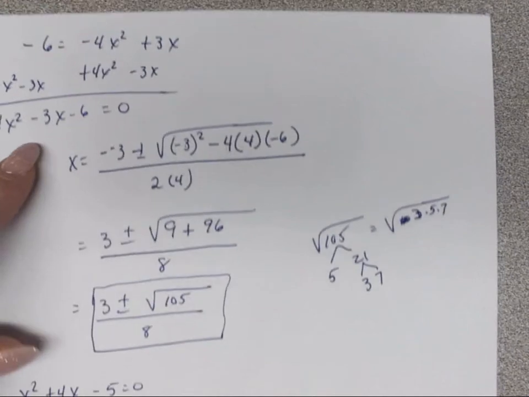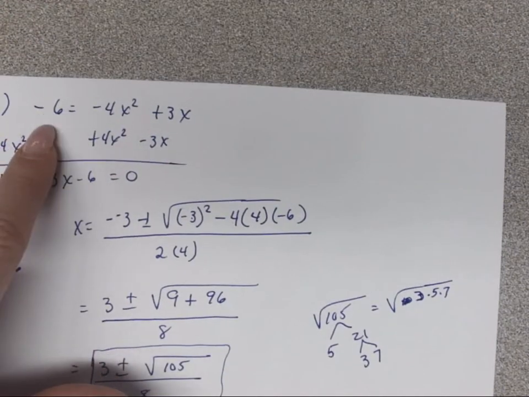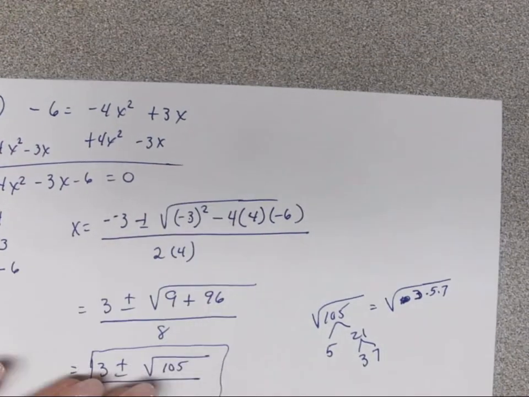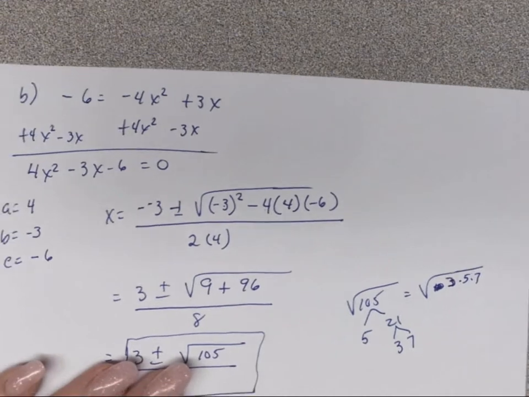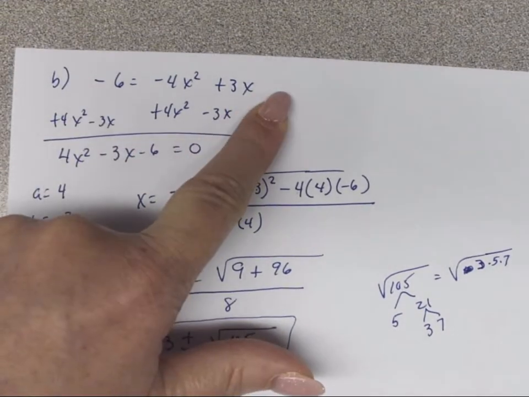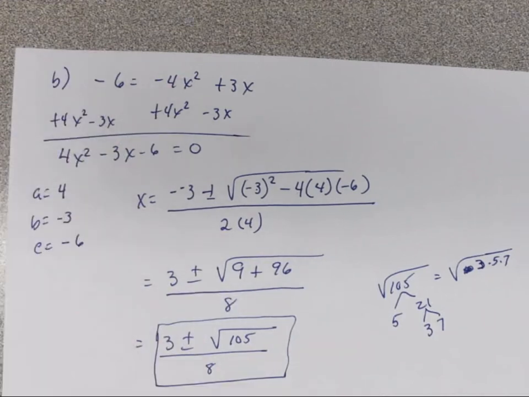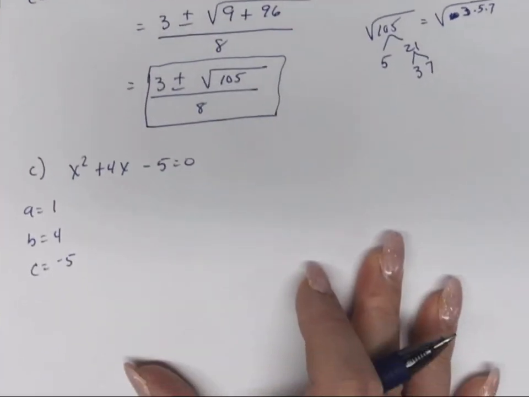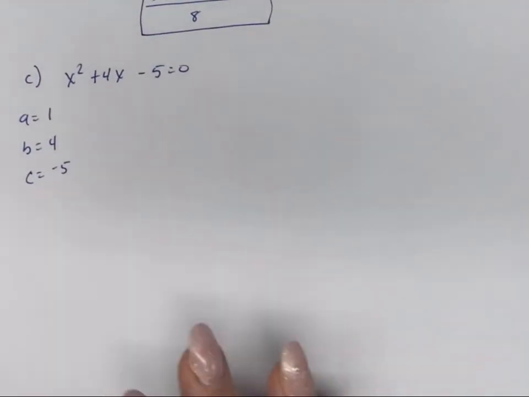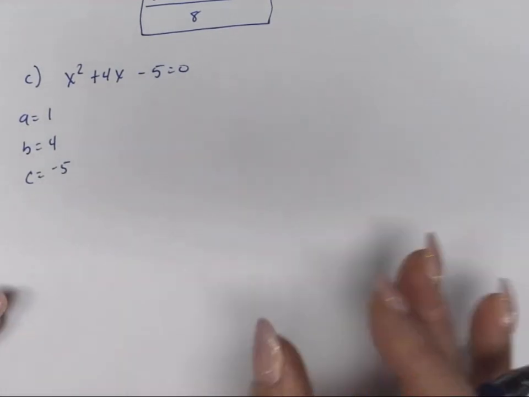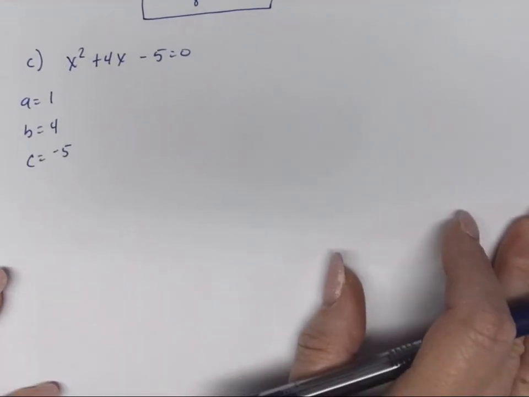Now I will point out, if you had moved the 6 over instead, you still would get the same answer. If you had decided to move the 6 over, you just would have had different signs on your numbers, but you still would have gotten to the same answer. So it works out either way you go to which side. I just like having my x squared with a positive